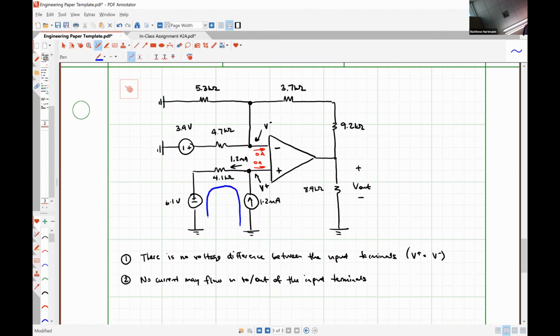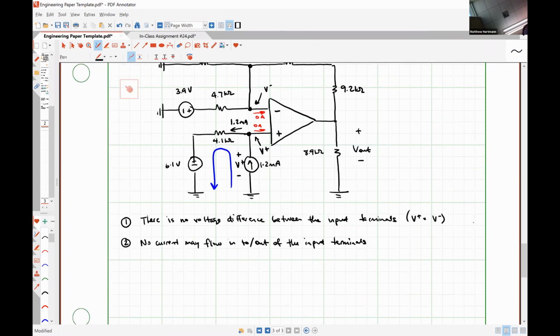And follow that current around this path, doing Kirchhoff's voltage law, what I will find, oh, and another thing I guess that I should be clear about, so I'll redraw that in just a second. This voltage V+ is a nodal voltage, which means it is the exact same thing as the voltage drop over that current source. So with that in mind, if I start here and go around this loop, applying Kirchhoff's voltage